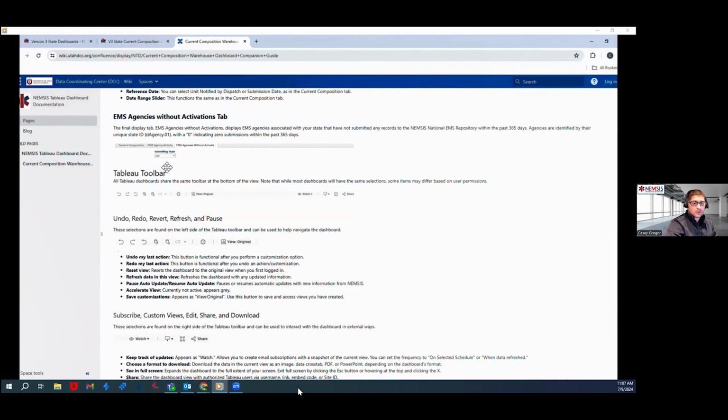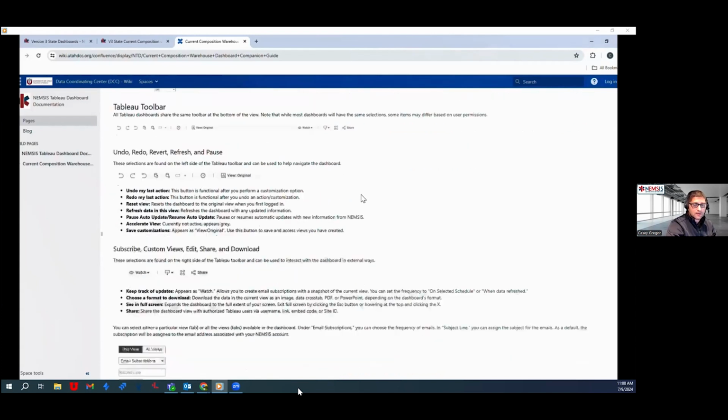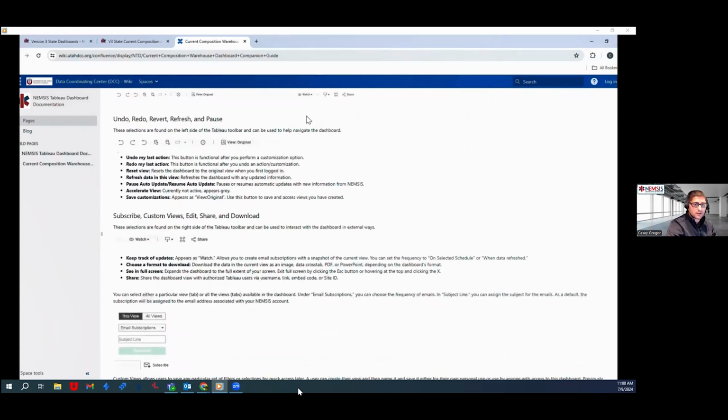All right, and then also the Tableau toolbar, which will be at the bottom of the dashboard. And that's got a few different buttons for it to navigate various things, different selection options. And the toolbar looks like that. So you're gonna have the different buttons: undo my last action, so it'll just undo any changes you made. Redo last action, obviously